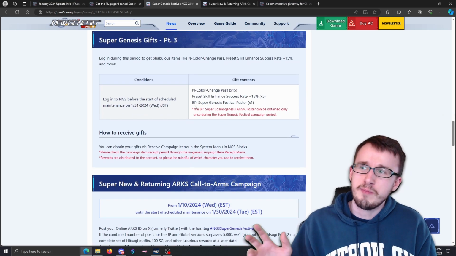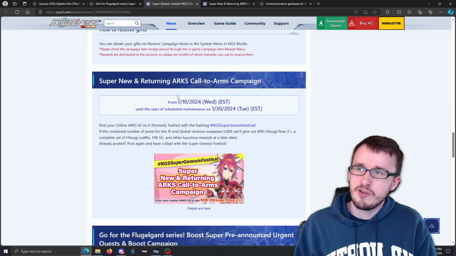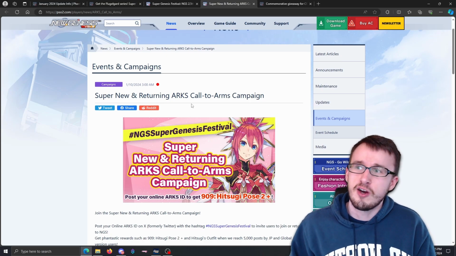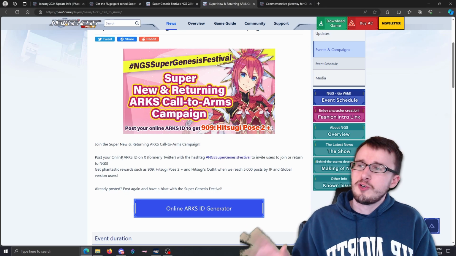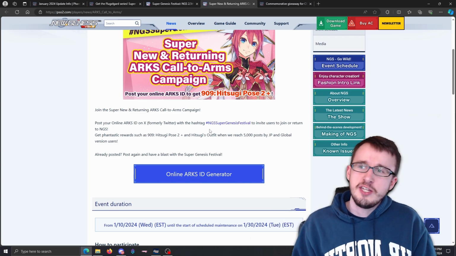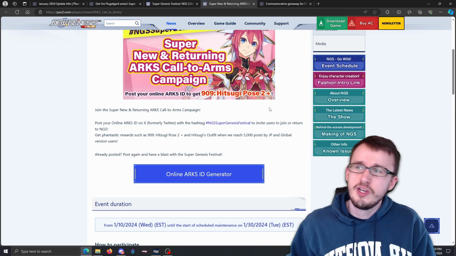And then you also get a build part Super Genesis Festival poster. Then there's also another campaign attached to this, which goes into more detail in another article, called the Super New and Returning Arcs Call to Arms campaign. For this, they want you to post your online Arcs ID, which can be generated on this same page, onto